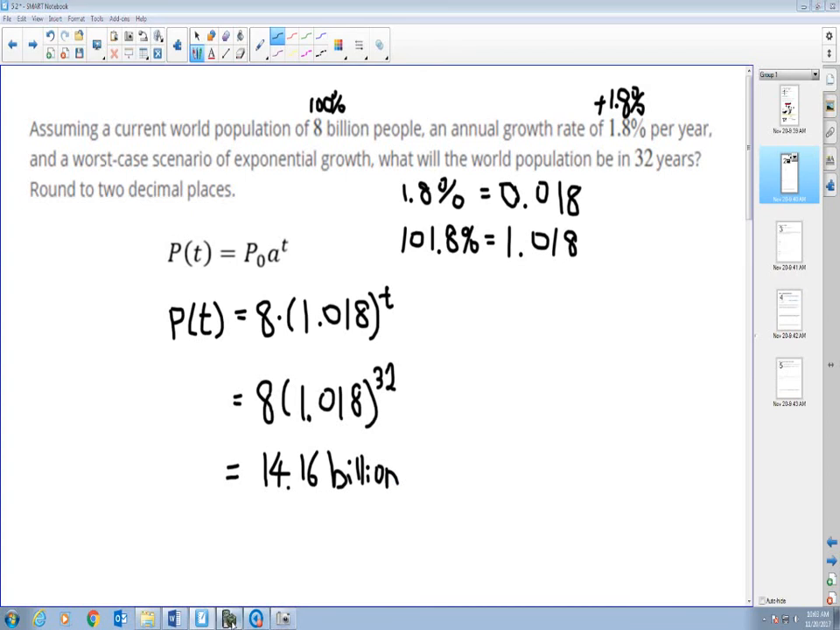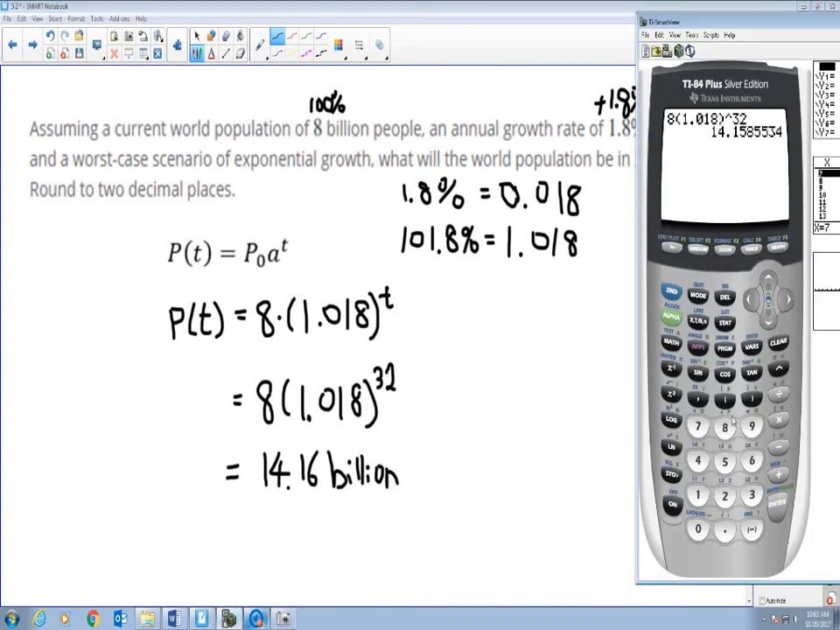Now, can I do 8 times 0.018 to the 32 power, then add my 8 billion? No, can't really do that. It doesn't actually work that way, because without taking the initial population into account,